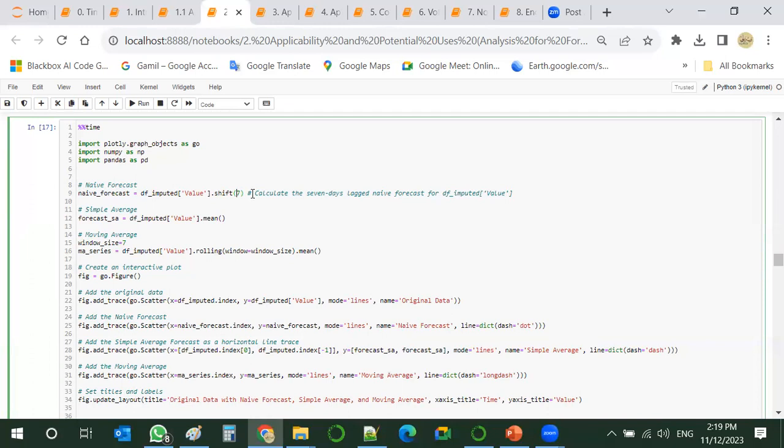Sometimes we might need to know what had happened, and most of the time we need to know what will happen. So simple average is known, it's the mean value. We just assume whatever is going to take place in the future is just the mean value. Or we can complicate it a little bit with a window size of 7 days or whatever figure makes sense, and we keep rolling this window as we forecast in our intended horizon.